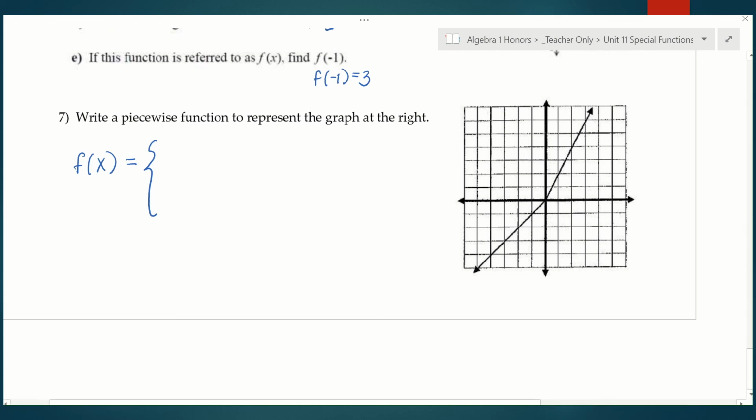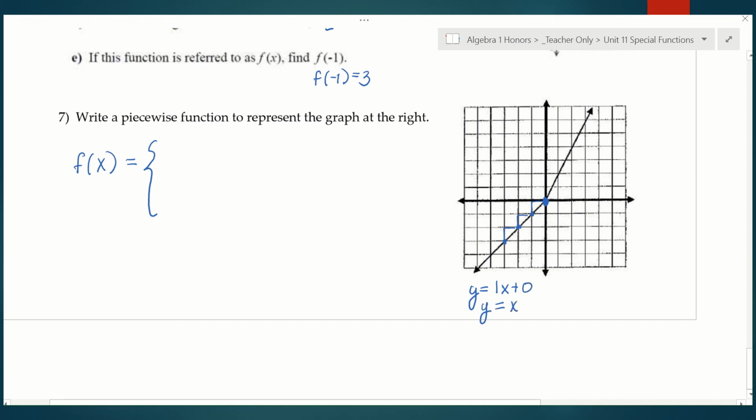Okay, so remember to write the equation of a line, you need the slope and the y-intercept. So looking at that, it looks like the y-intercept is 0. And if I put some more points on here, I can see that the slope is 1, up 1 over 1. So the equation of that line would look like 1x plus 0, which really I can just write as